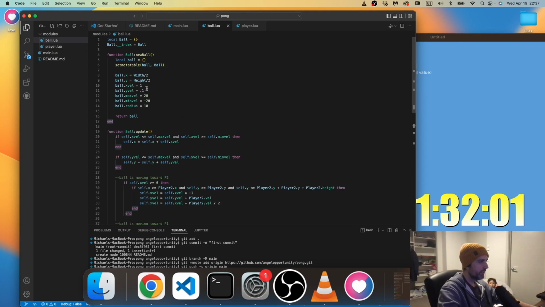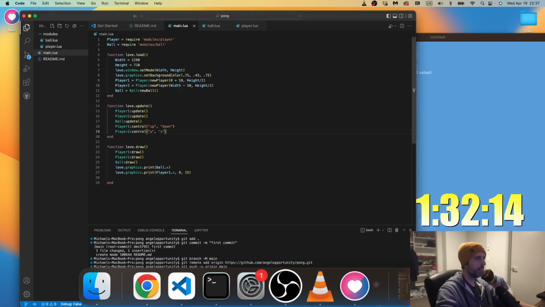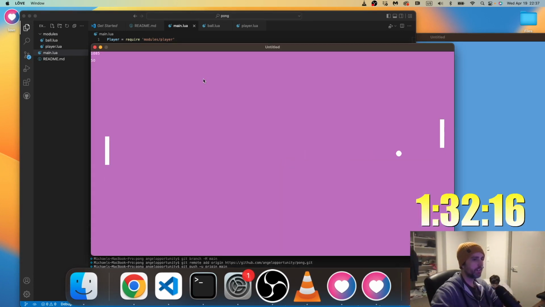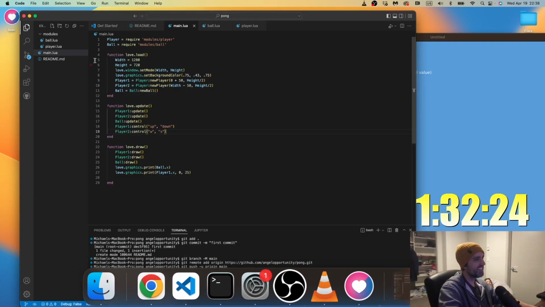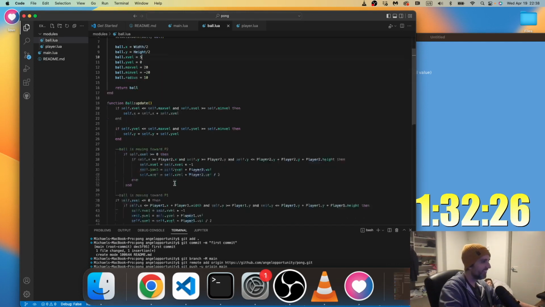Also, ball.xvel equals, let's say 5. Just see how 5 looks. I know there's an error right now, but that's very fast. What's so fast? You did something wrong, because I need to code that still. Okay, so we'll put that in real quick.